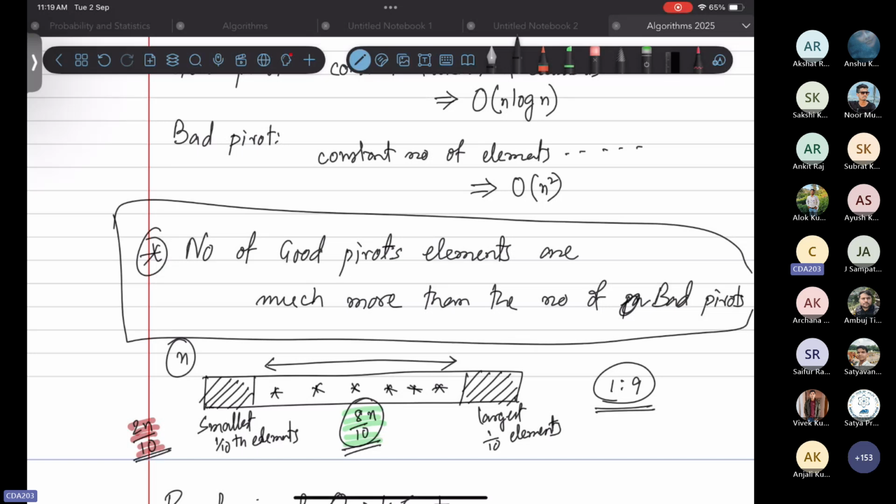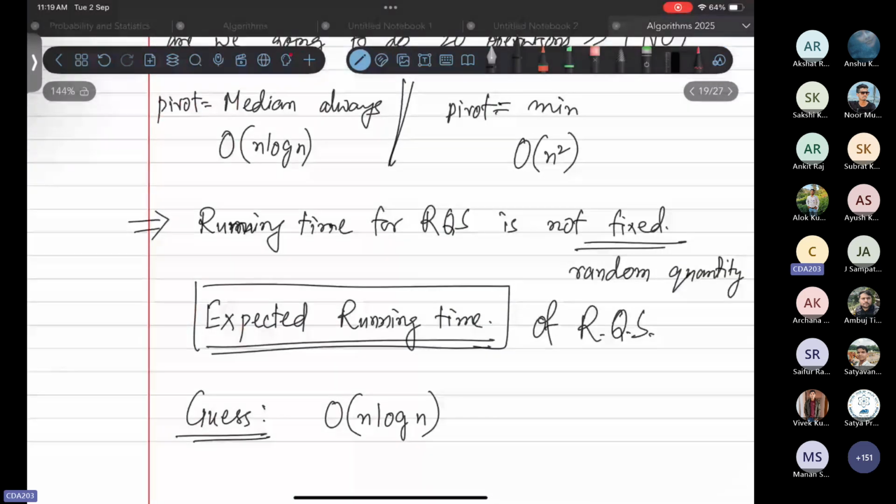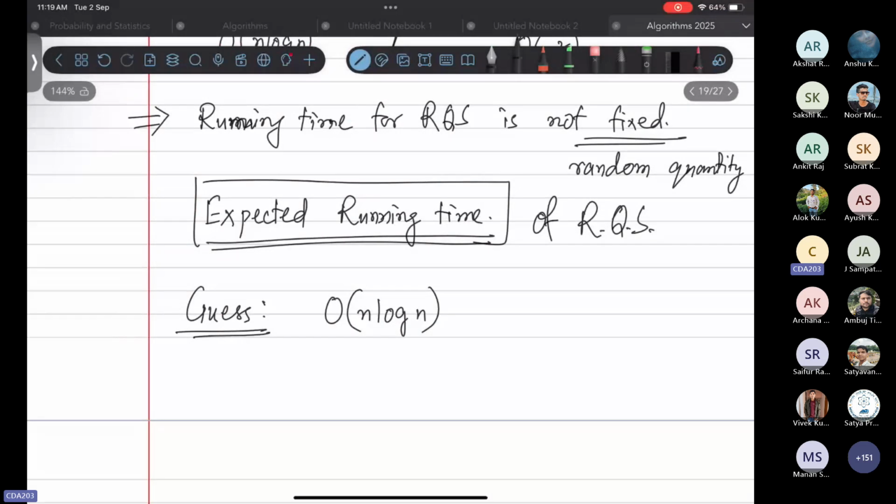So if I choose a random element as my pivot, which one do you think is more likely to occur? There is a high chance that it's going to be a good pivot element, right? So that is why it's n log n, and the idea